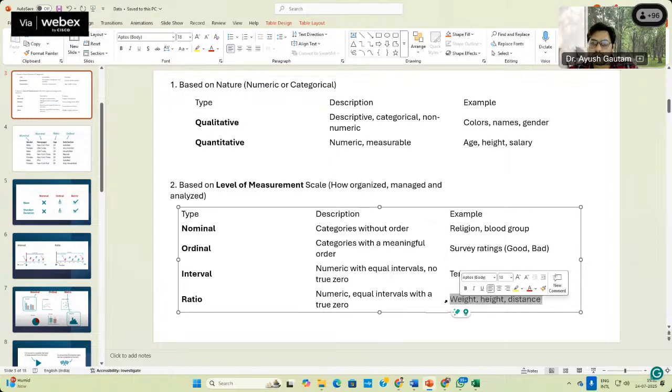So even if you are measuring the weight in pounds or in kg, the zero is always constant. But that is not the case with temperature. So that's why in those kinds of data, we get the interval. And interval is very important because we cannot always find out the zero of the data.